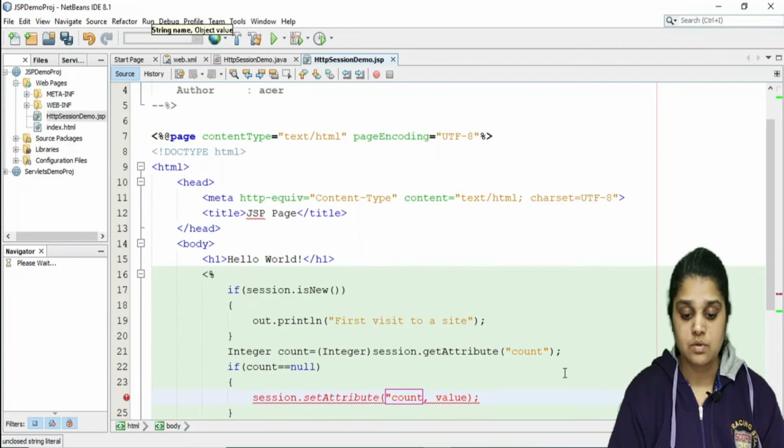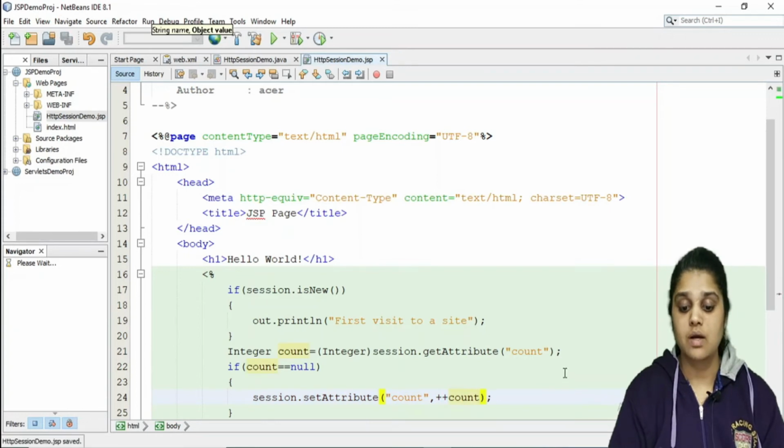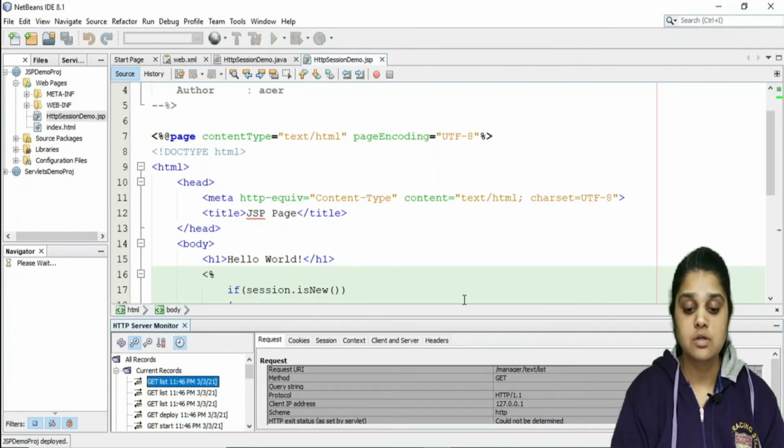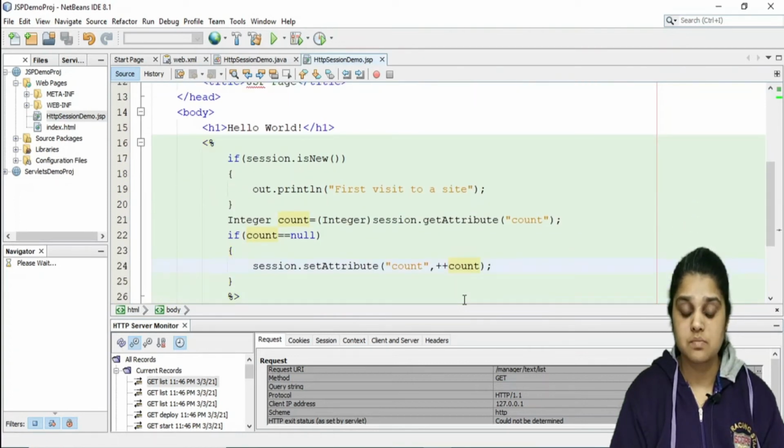The count attribute, and the count attribute I will set to what? Null value plus 1, so that is by default 2. Plus count I am doing, not count plus. So whatever value is there in count, it will be incremented first and then stored in count. So the value of count by default will become 2, right?